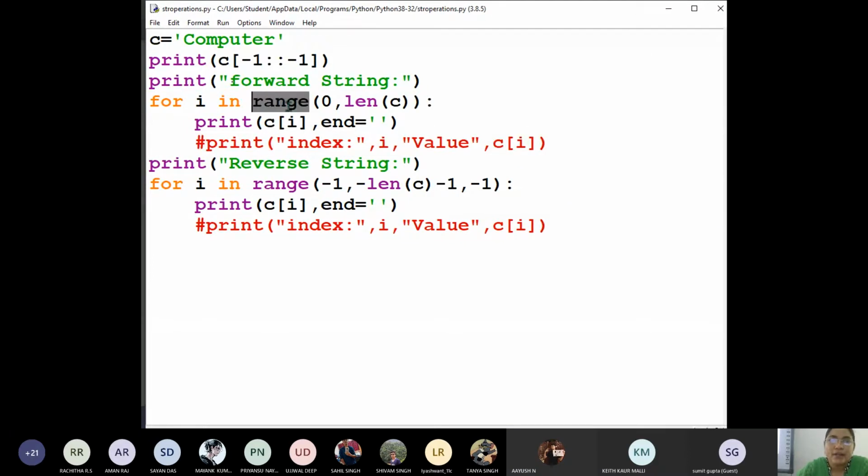Range function also is similar to slicing only. Just like the first value, whatever we give, that is inclusive. Second value is not inclusive, that is, the smaller value is included. And then the third value is kind of step. So for i in range of, whatever the index,